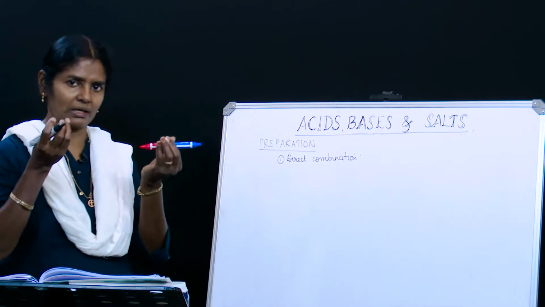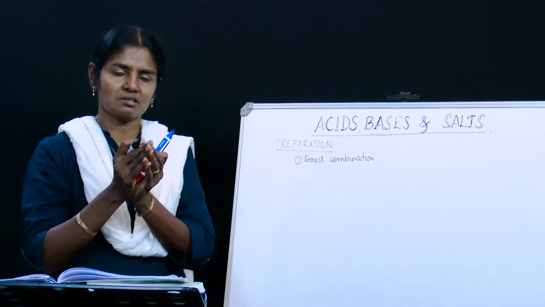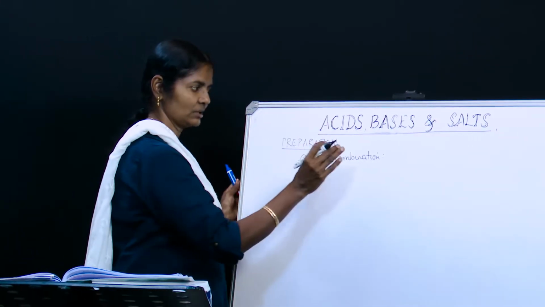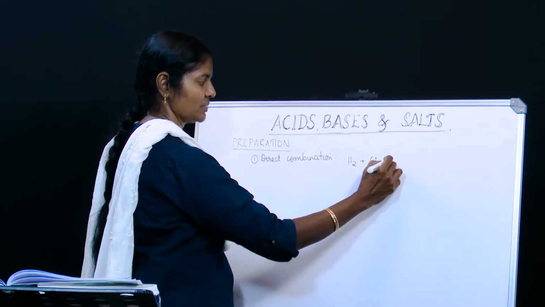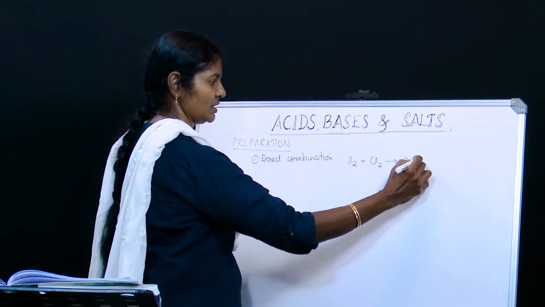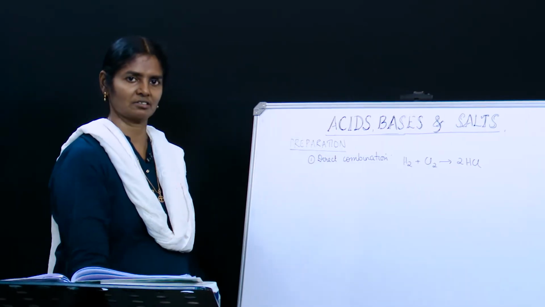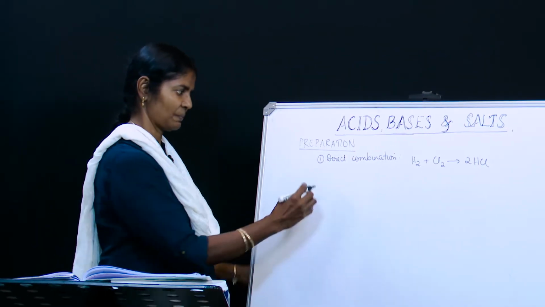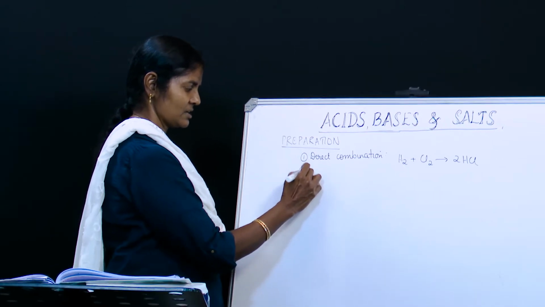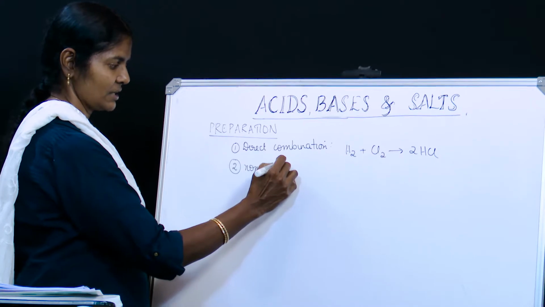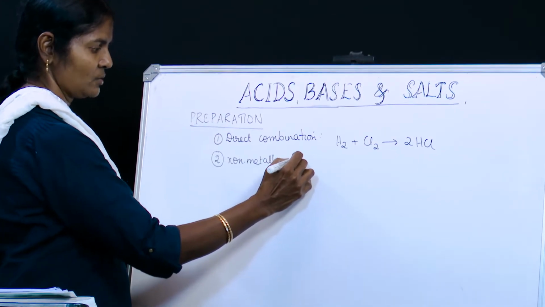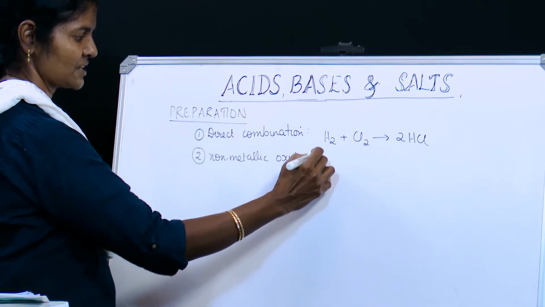When 2 or 3 elements are combined together to give a new one, that's called a direct combination. For example, hydrogen can combine with chlorine to give hydrogen chloride. That is direct combination. And the second one is whenever we take non-metallic oxides and add water to this also